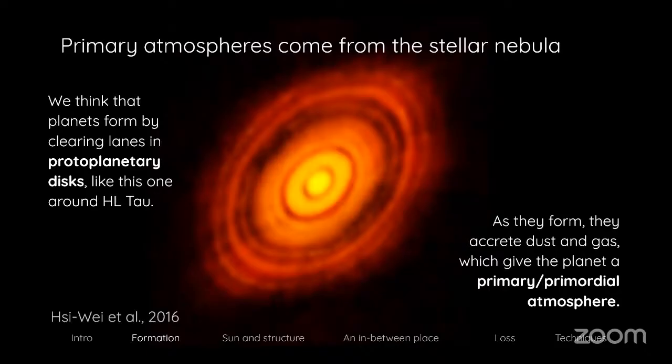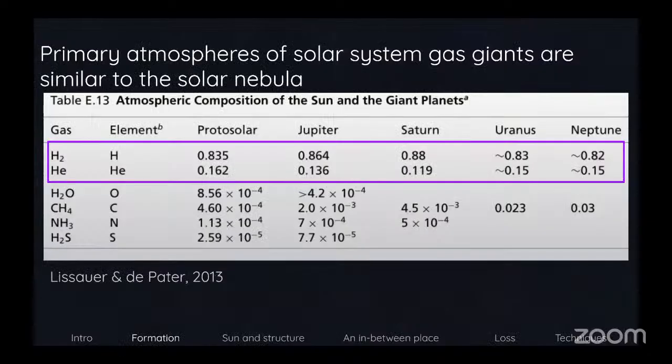And since these nebulae and protoplanetary disks tend to have a composition that's very similar to what we find in the galaxy at large, these atmospheres are typically composed of mostly molecular hydrogen, like I've been showing in the previous slides. So that makes up the primary and primordial atmosphere. I'm going to come back to this later in the talk. Actually, no, I'm going to come back to it now. Sorry, I reorganized things and forgot.